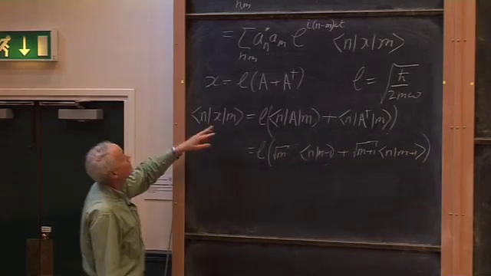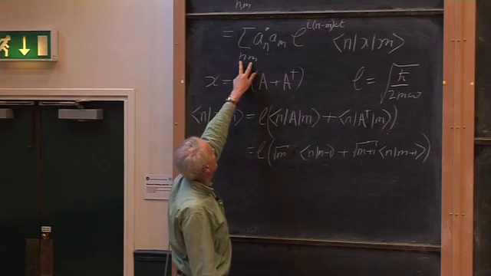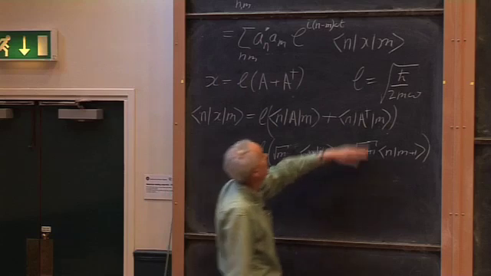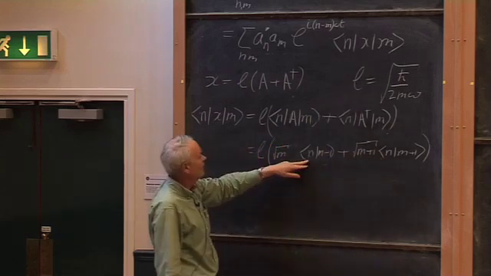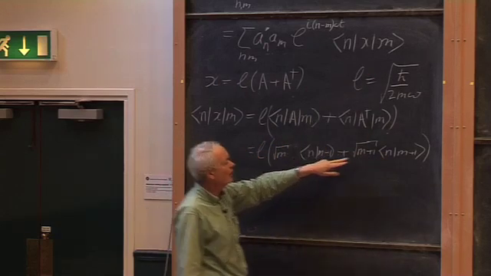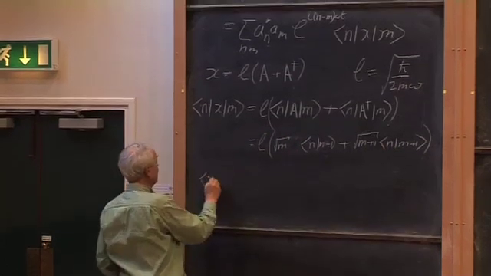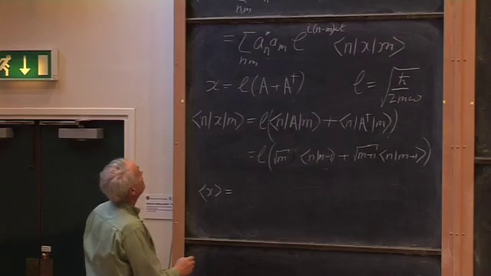And what we want is we have here a sum over n and m. Let's do the sum over m first, all right? Bearing in mind that that thing is the sum of a delta n, m minus 1 and a delta n, m plus 1. So we're going to have, for our oscillator, the expectation value of x is going to be,